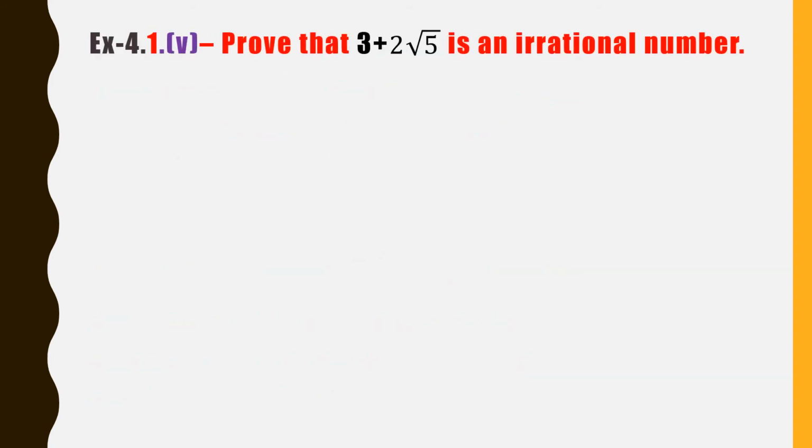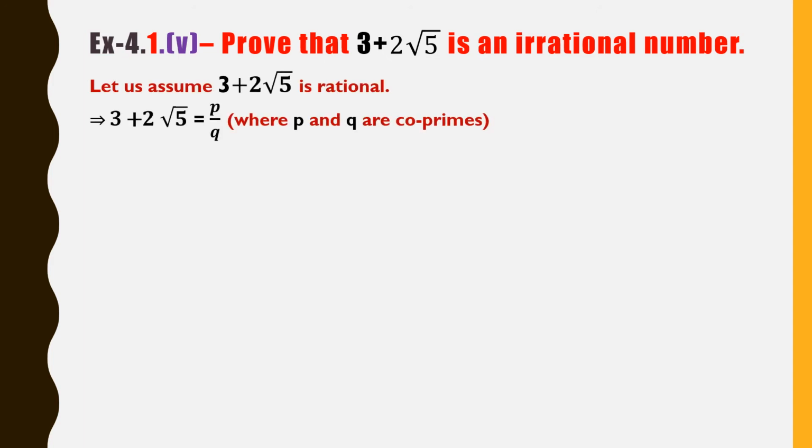So here is your next problem from exercise only. 3 plus 2 root 5. Till now we discussed 3 plus root 5 like this. Okay. Now we'll take with the multiplication a number multiplied with an irrational number also. Means 2 root 5. Same procedure, don't confuse. First we'll send the 3 there, then we'll send this 2 there. Okay. So let us take it as a rational number. So take it as p by q form.